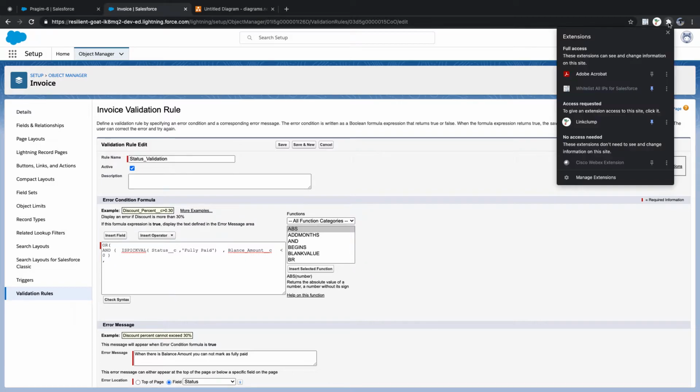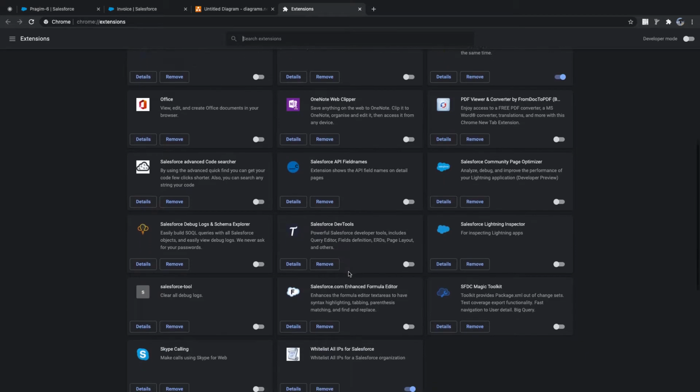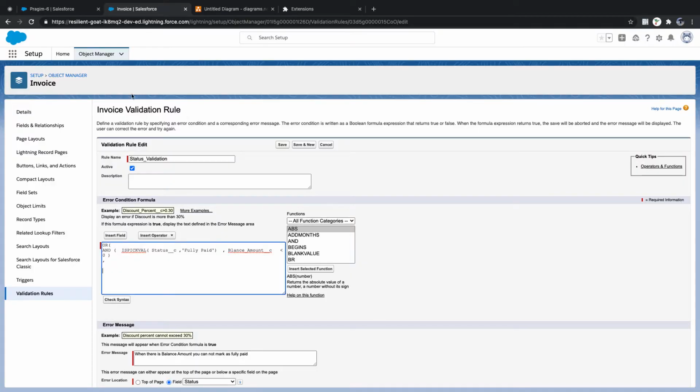One minute. Manage extensions. And there is an extension called enhanced formula editor. I'll enable that. Salesforce enhanced formula editor, enable it. If I come back, I'll refresh.